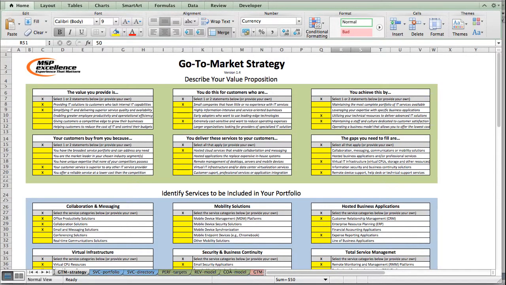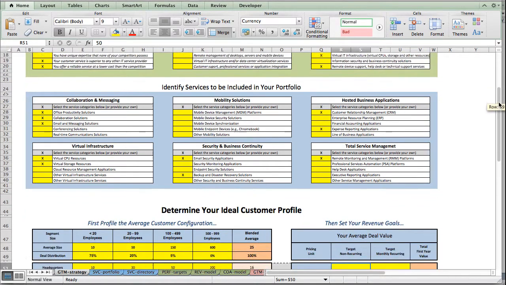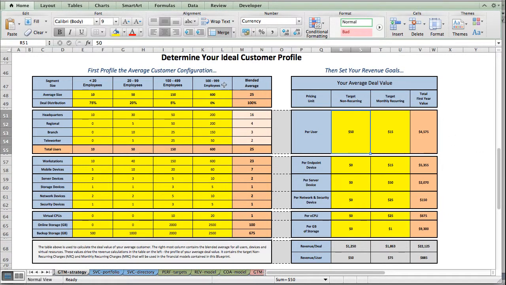In part 2 of our overview of the Go-To-Market Blueprint, the first blueprint of 4 in the MSPexcellence Playbook for cloud solutions providers, we're going to go deeper into the blueprint and show you templates that help you to formalize elements of your value proposition, the gaps that you believe you need to fill in your cloud solutions portfolio, and what an average customer looks like in terms of number of employees, number of devices, and the amount of virtual resources that you expect to be selling them, and your targeted revenue values on a one-time basis for each user,